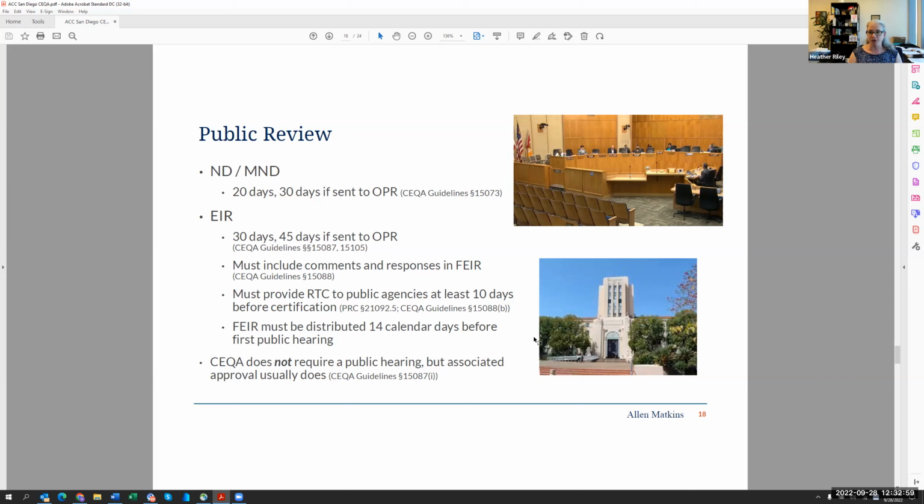Your final EIR, after you put documents out for public review and you bring it back in, you have to put together your final EIR. It has to include every comment you've received and every response to those. And it has timelines for how quickly it has to go out before public hearings. Now, importantly, and this is something that I constantly feel like I'm reminding, CEQA never requires a public hearing. There is nothing in CEQA that says an agency has to, in a public forum, consider your document. Your project approval probably requires a public hearing, and at that hearing, the agency will talk about and consider and approve the document, whichever document is presented. But CEQA itself does not require a hearing.